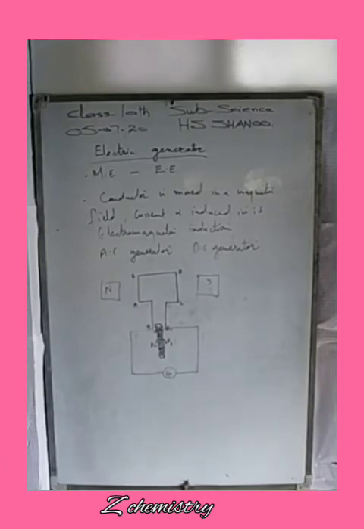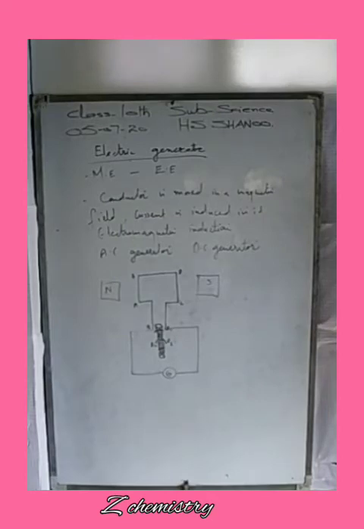To get a direct current, a split ring type commutator is used. Due to this, one brush is at all times in contact with the arm moving up in the field, while the other is in contact with the arm moving downwards. The working of the split ring commutator in this way allows a unidirectional current to flow through the generator. Such generators are called DC generators.